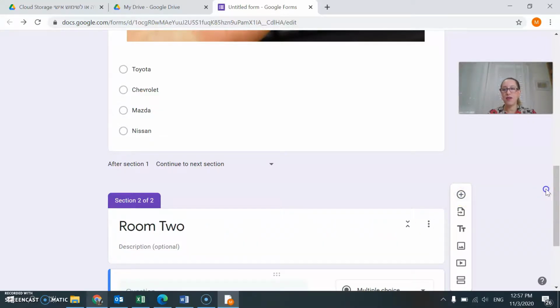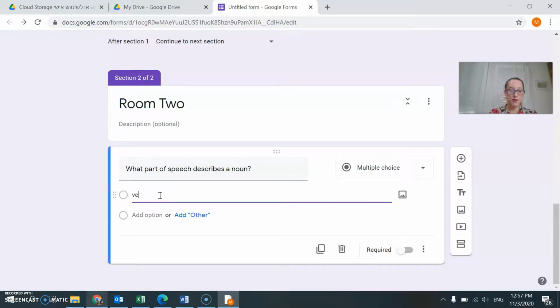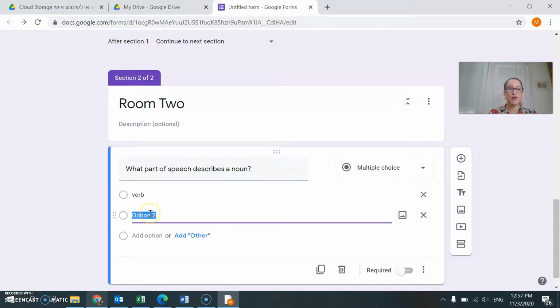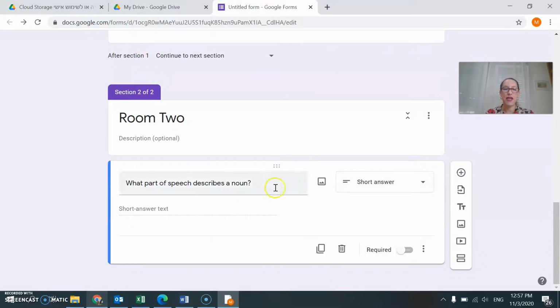And now we're going to add a question. In Room 2, they're going to have to answer what part of speech describes a noun. Option 1 will be a verb. Option 2 will be a, you know what? I'm going to show you a different type of question. Let's look at a short answer where they actually have to write it in. So we'll give them those instructions. Write your